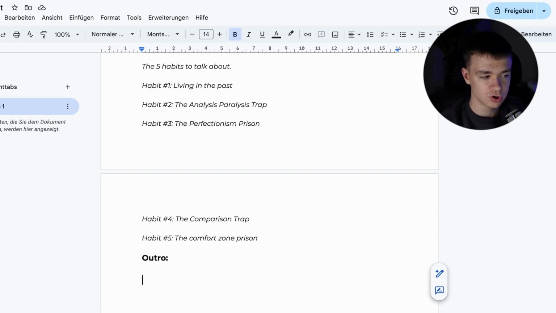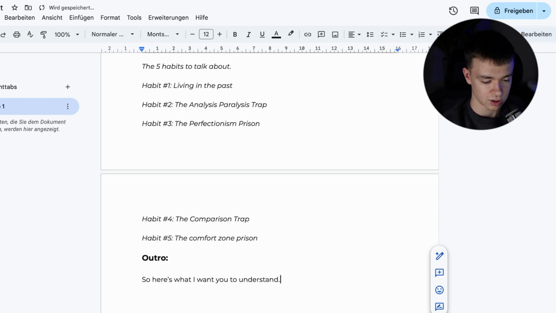We'll just give a conclusion to the section and to the habits we talked about. And then we just, again, hop into it and be personal. So here is what I want you to understand. Being personal, again. And then we focus specifically on these short sentences because they're quite engaging and they just are really, really personal.